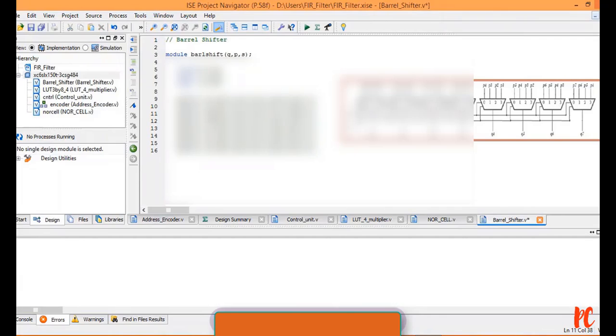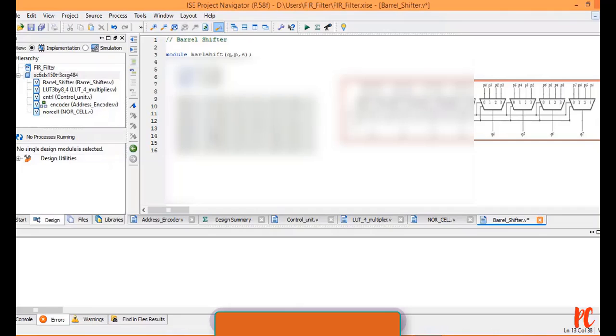With respect to M4, this will be 3, followed by 3, followed by 2, 1 and 0. Similarly, with respect to the 5th mux, this will be 4, followed by 4, again P with respect to 3, followed by P with respect to 2, and P with respect to 1.